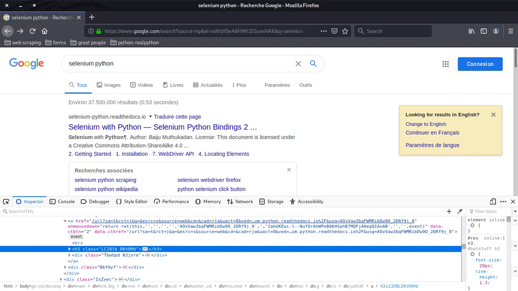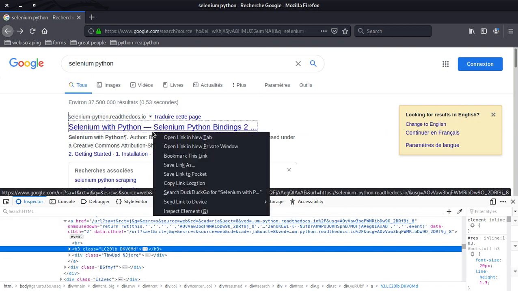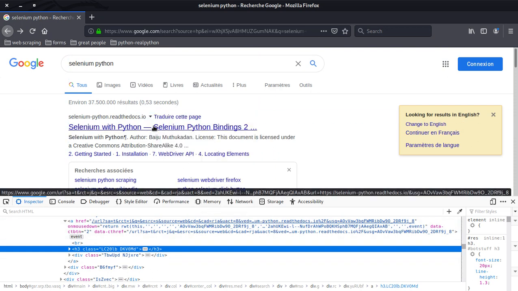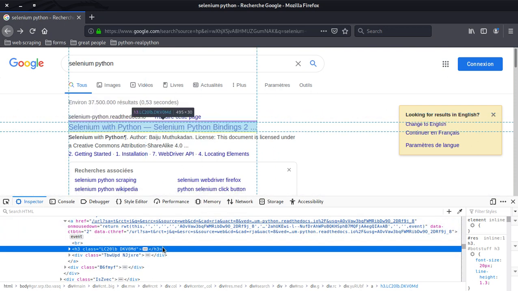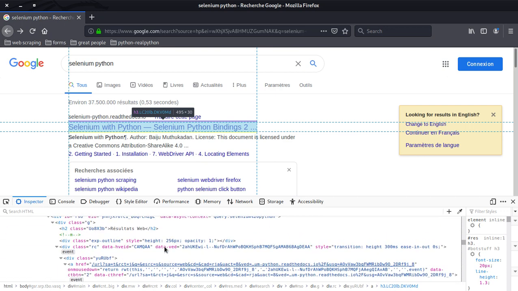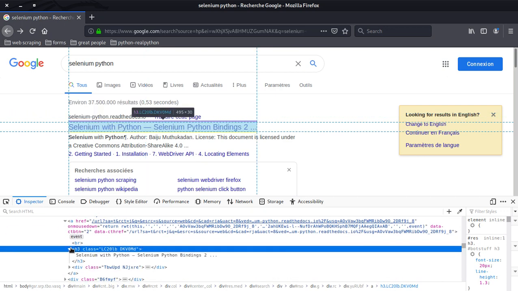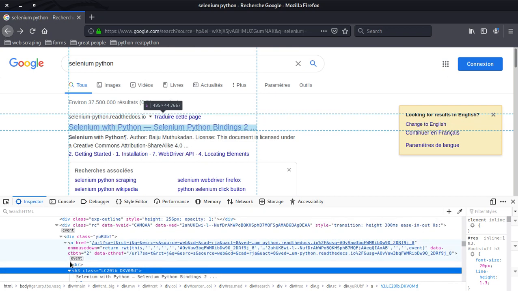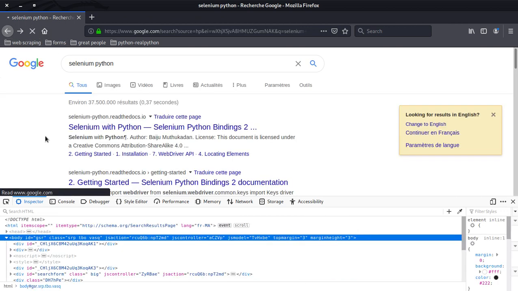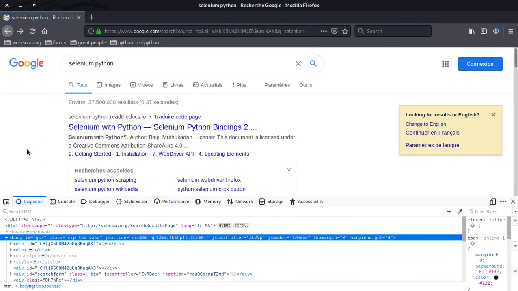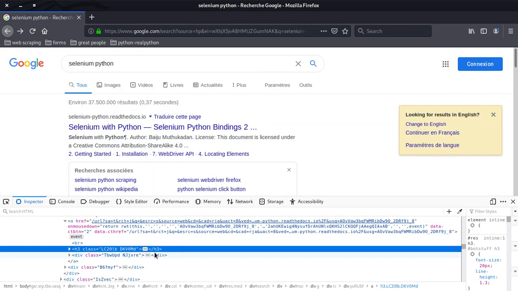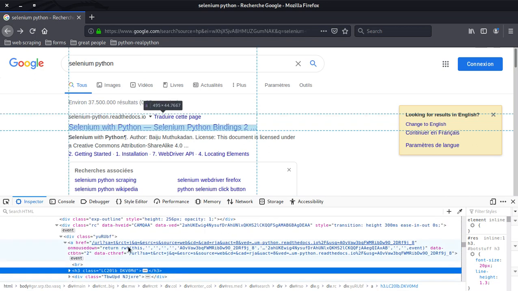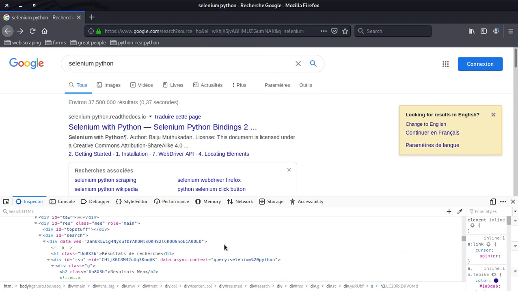So let's look for this in here by selecting the element. Okay, so I see here that we are in an h3, but it doesn't actually have an a tag. So what I'm looking for here is an a tag. So let's just rerun the page, go back and inspect this element. I'm looking for an a tag. Okay, so this tag is probably the one,